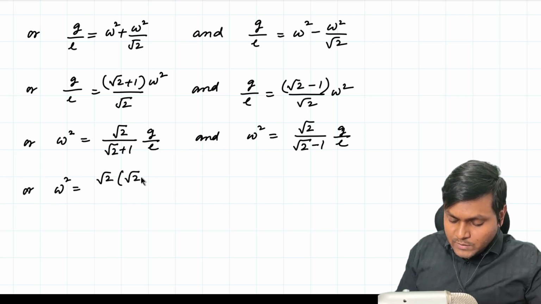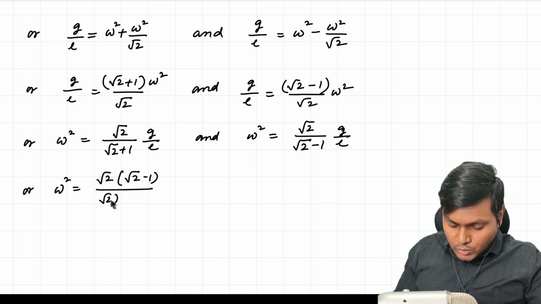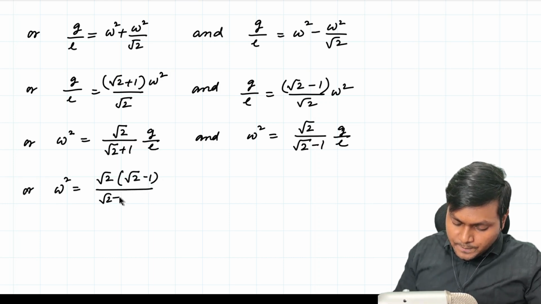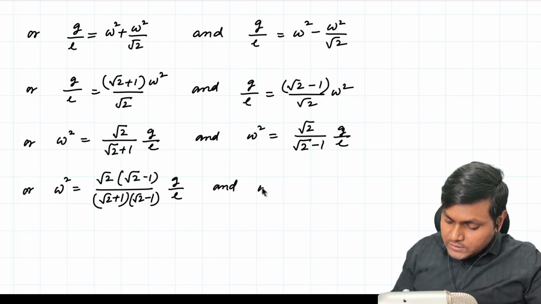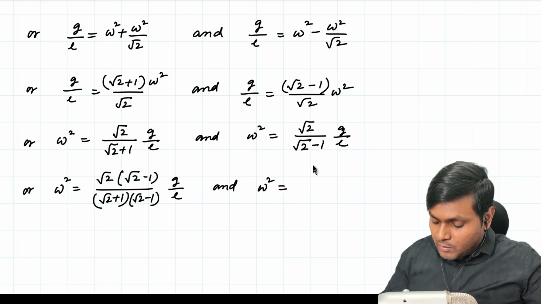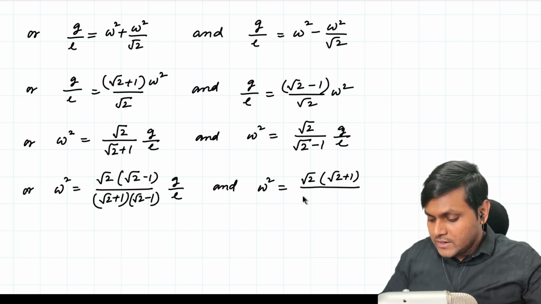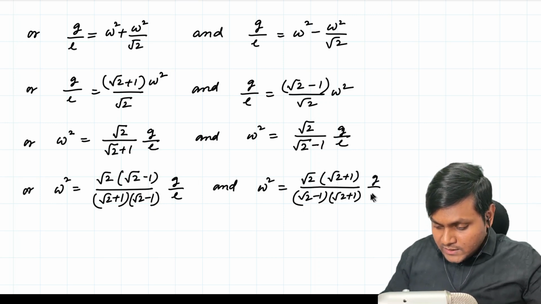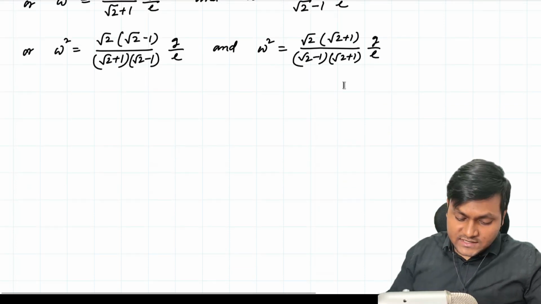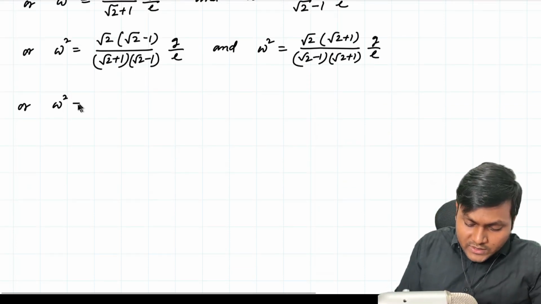Let's suppose we multiplied in numerator and denominator by root 2 minus 1, and root 2 plus 1 and root 2 minus 1. What this will do is change the form of this answer. So if I multiply here by root 2 and root 2 plus 1 in the numerator and again root 2 plus 1 in the numerator, then what I'll end up getting is that omega square is equal to, this